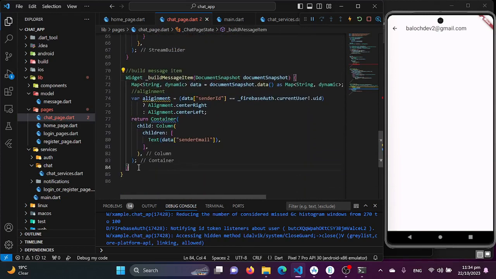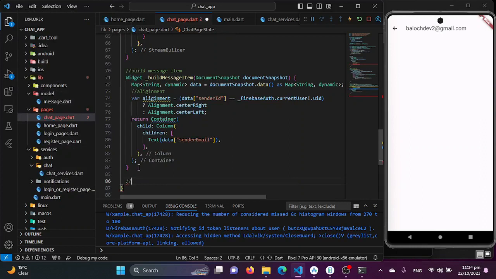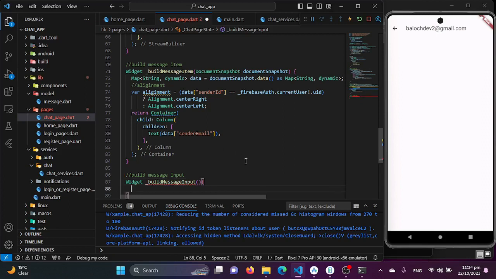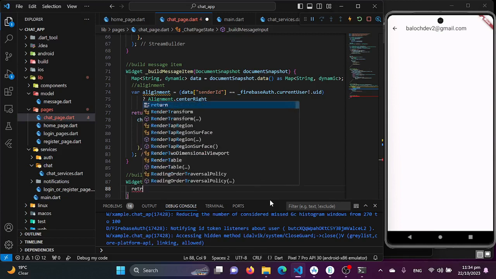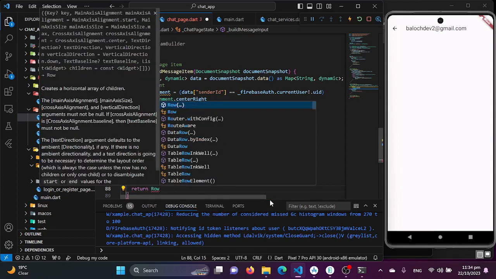So basically we will be creating that here, which will be the build message input, and we will be wrapping this into a row, because we want a text form field and a button just on the left side of that. So we will be doing it, return row,